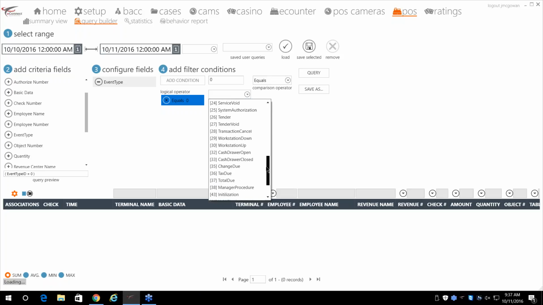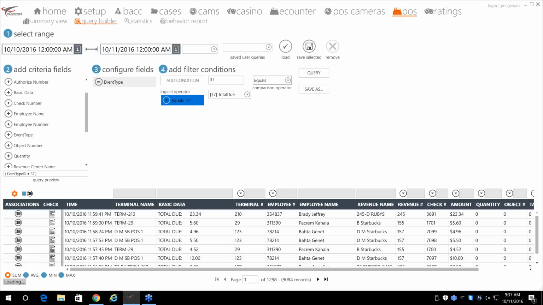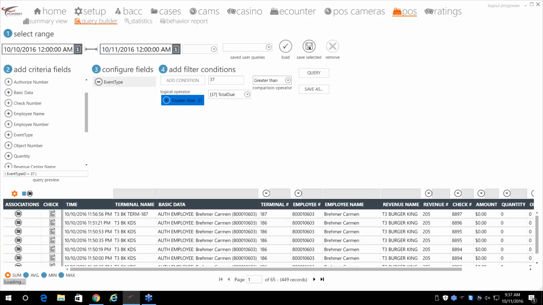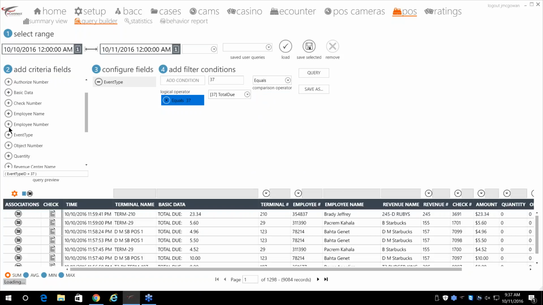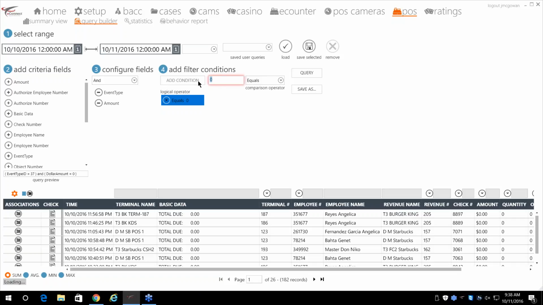So if we wanted to look at total dues, and we wanted to look at total dues that were greater than, total dues equal to, amount. You're going to do total dues greater than X total. And then click on the amount. So we're looking at total dues that are equal to